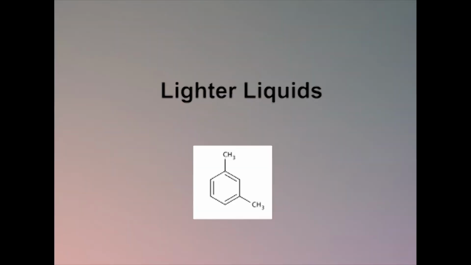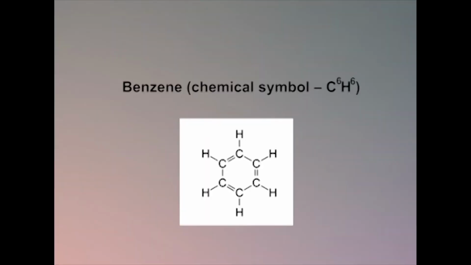Coming to lighter liquids, xylene with the chemical symbol C8H10. Xylene or dimethylbenzene is an aromatic hydrocarbon mixture containing a benzene ring with two methyl groups at various substituted positions. It has a very low density of 0.864 grams per milliliter. Coming to benzene, chemical symbol C6H6. It is an important organic compound. Each molecule is composed of 6 carbon atoms joined in a ring with one hydrogen atom attached to each carbon atom. Its density is again very low,